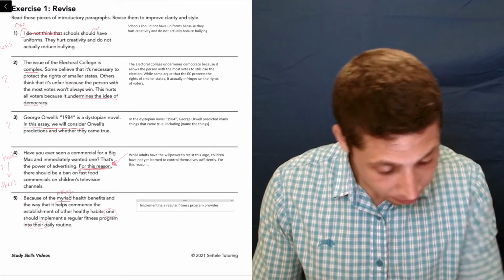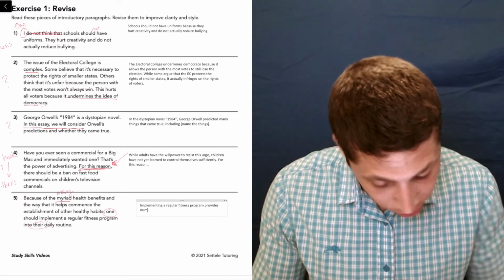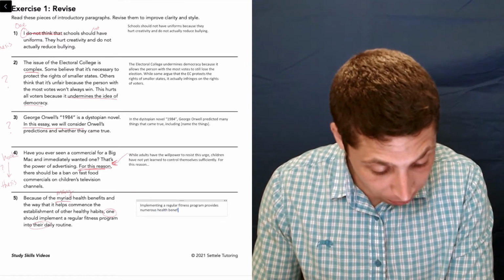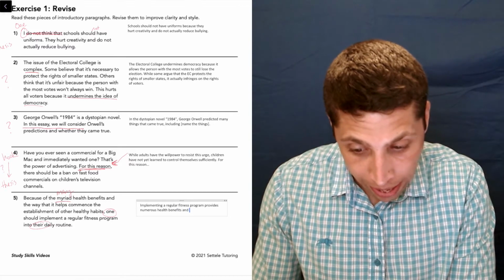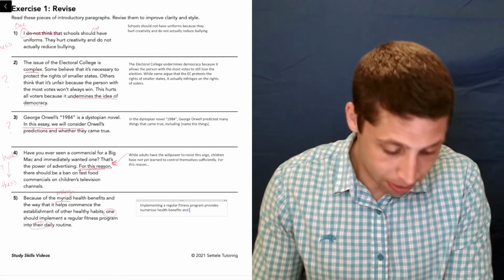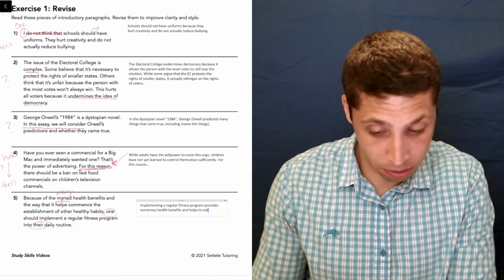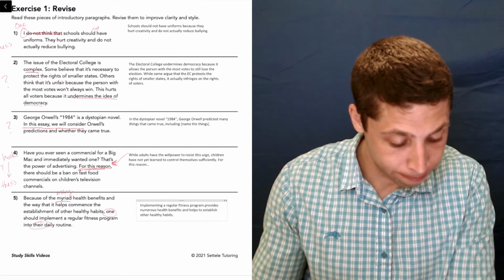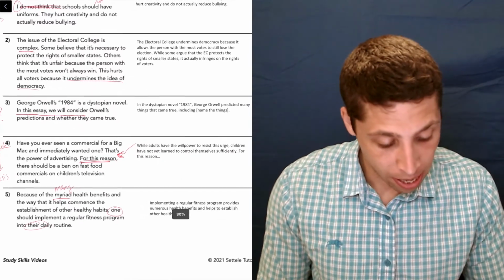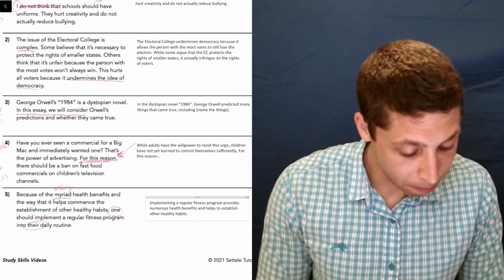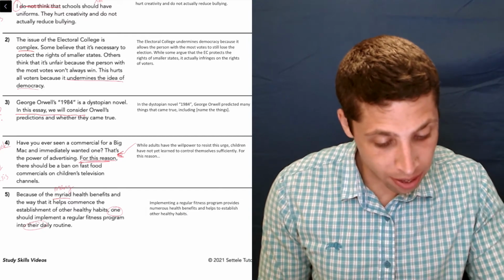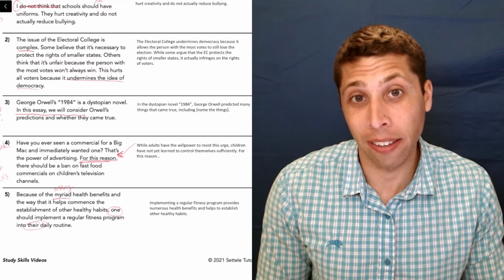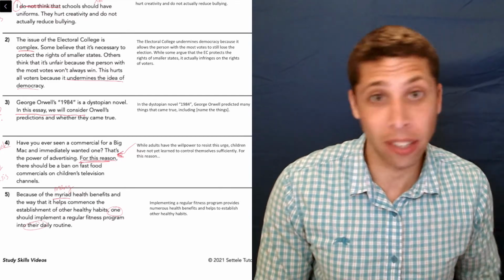Provides, and here we go. Let's already kind of just start off fixing a word, myriad, with numerous health benefits, and commences the establishment, helps to establish other healthy habits. I think these two sentences basically say the same thing. I think the only difference is that the second one is clearer, uses simpler words, more clear language, and like I said, clarity is better than cleverness.